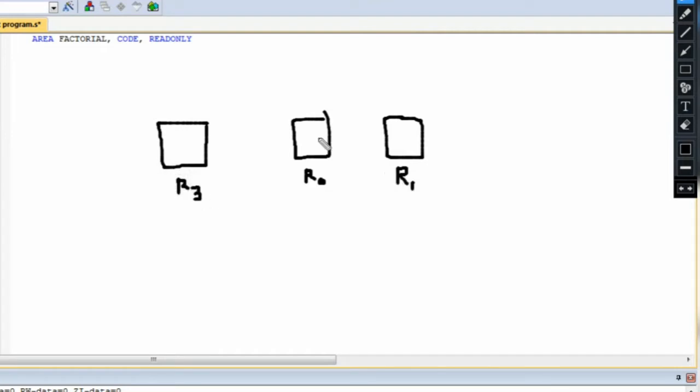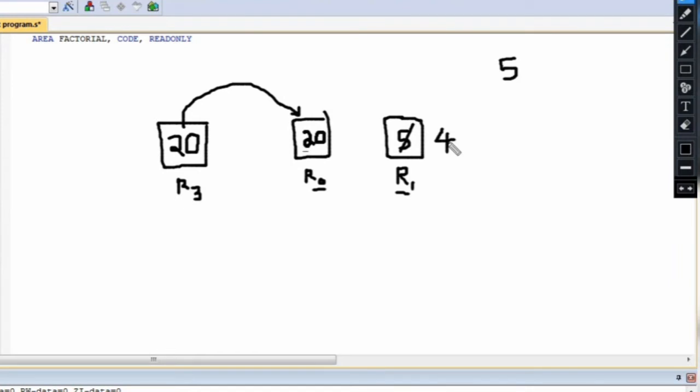Suppose that we need to find the factorial of 5. Okay, so initially I will be storing 5 here and I will be copying this value to R1. Now what I will be doing is I will be subtracting 1 from 5, so it will become 4, and I will be multiplying 5 and 4, means R0 value will be multiplied with R1 value, which is 5 4s are 20. I will be storing 20, the result, here in R3. Okay, now after storing the result in R3, next I have to transfer this result to R0. Okay, so now R0 will have 20.